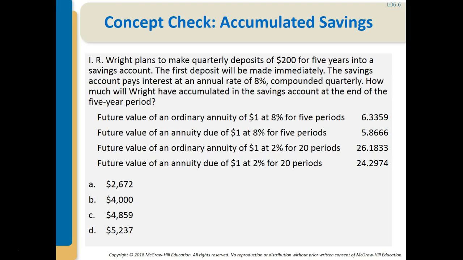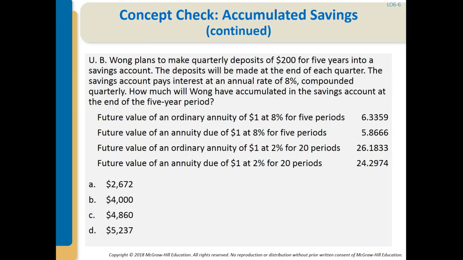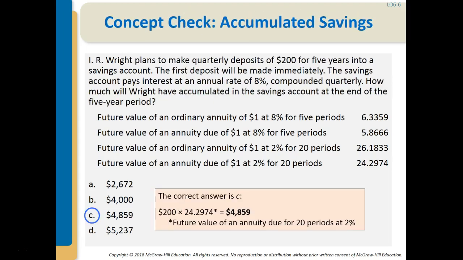Well, it's letting us know the payments occur at the beginning of the period. And so we would need to calculate the future value of an annuity due because the payments happen right away. Therefore, we would show here the $200 times the